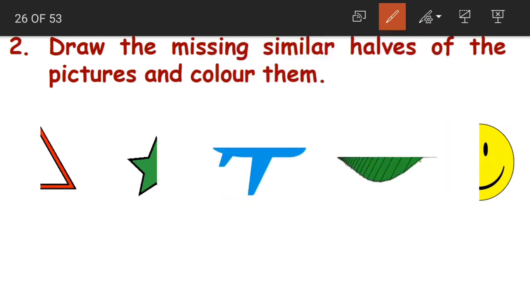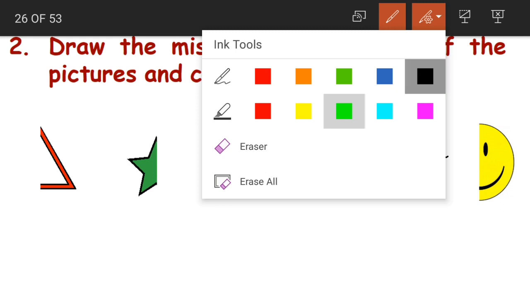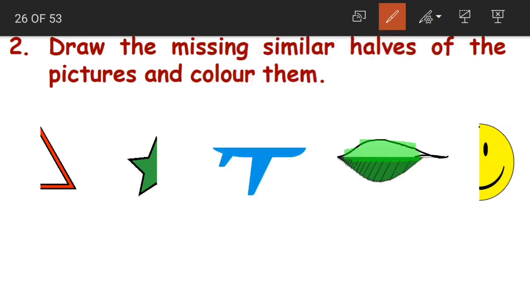Now coming to the leaf here, again see it is in this shape, so we have to draw the same shape. Understood? And then we have to color it. This is it. And coming to the last object now, the last picture is a smiley. This is a half circle in the shape of C, so we have to draw C here as well, and here we are having an eye, right? So eye, then completing this smile. Now coming to the coloring part, yes, that's it. Our smiley is also done.